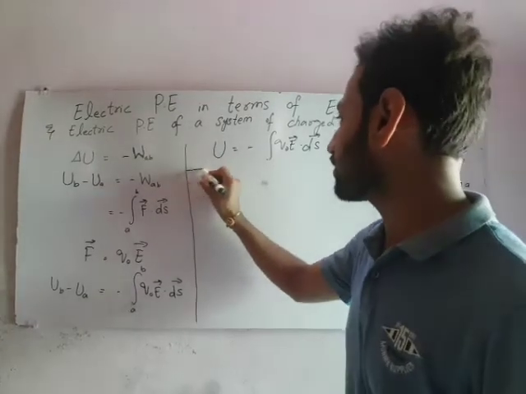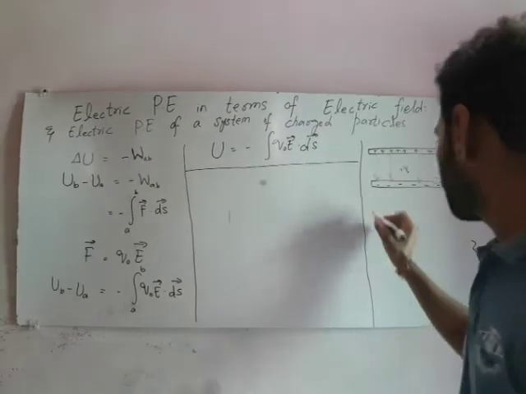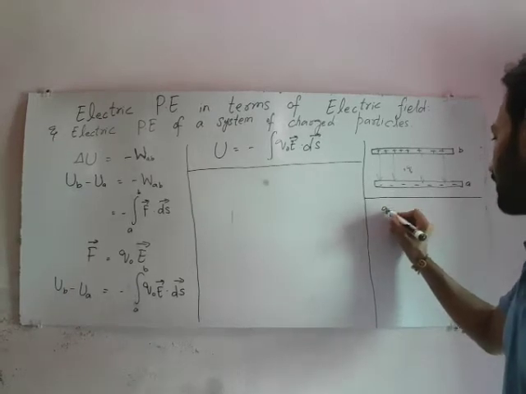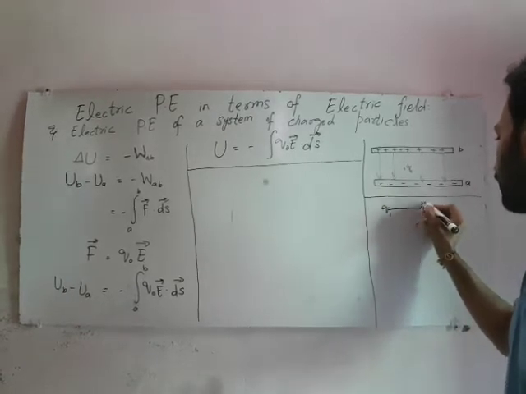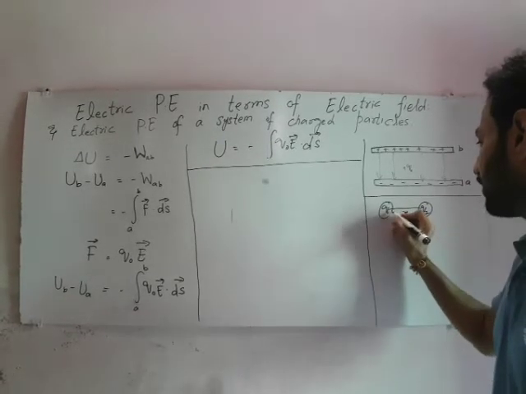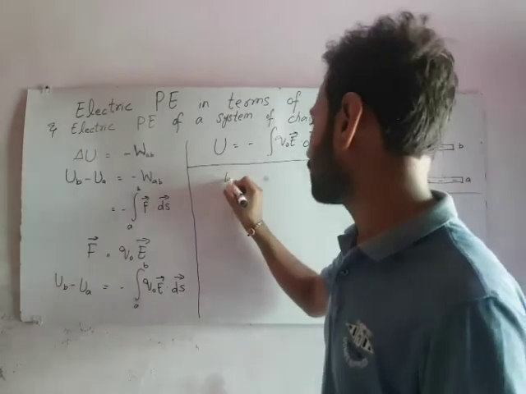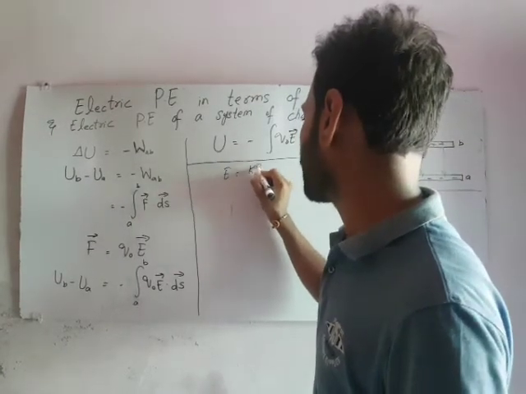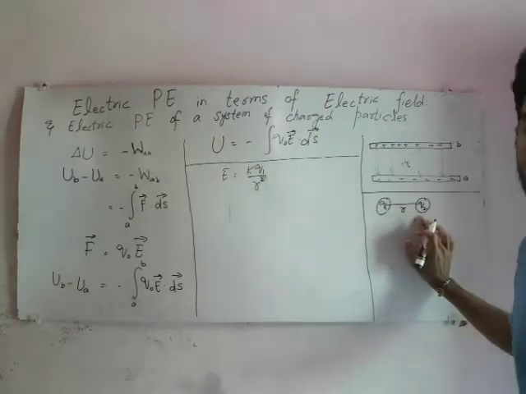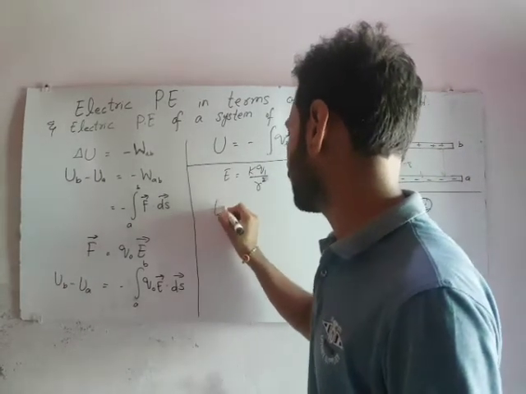Now we will consider a system of charges like two charges Q1 and Q2 separated by a distance r. If we write the electric field because of this charge, it will be equal to E is equal to K Q1 over r square, felt by this charge Q2. If we put this in the expression